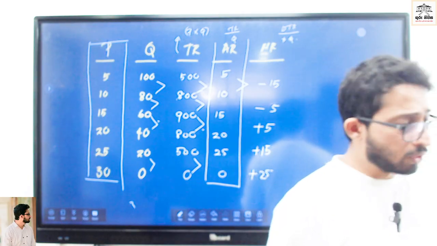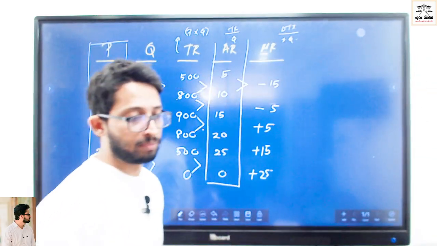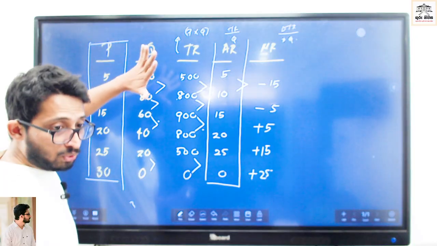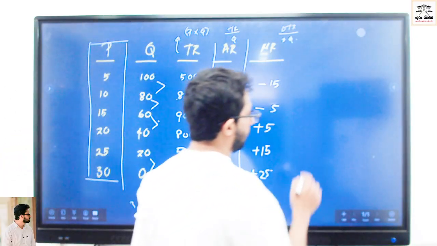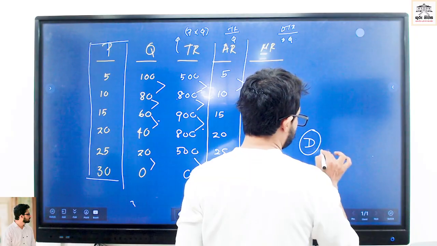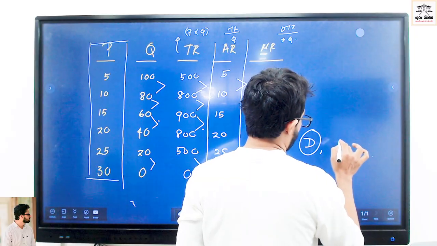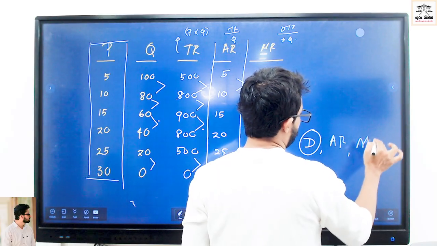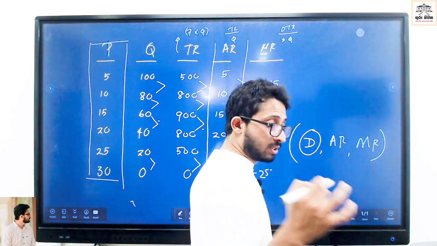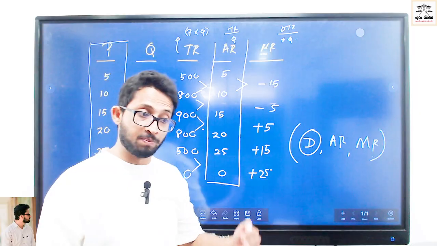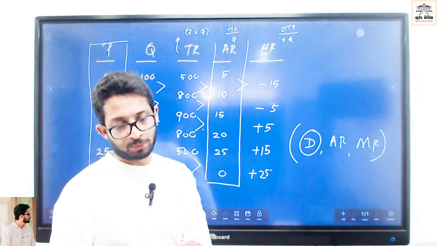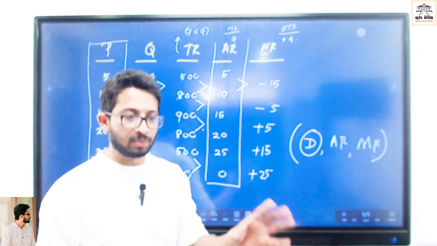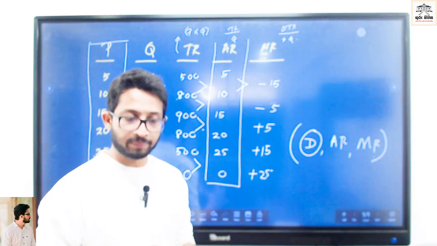Then Buddha, I want you to draw these curves. Number one, the demand curve by connecting these two. Then no need to draw TR. I want you to draw the demand curve, average revenue curve, and marginal revenue curve. Buddha, use the space given. There is a separate space below the table. There are two columns. You can use the plus column to draw these three curves.